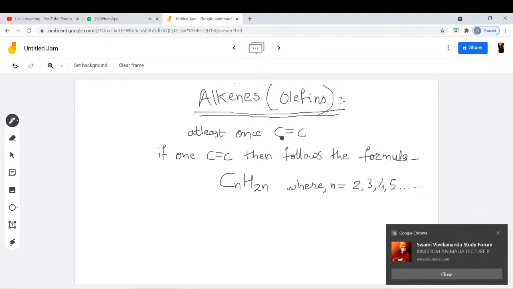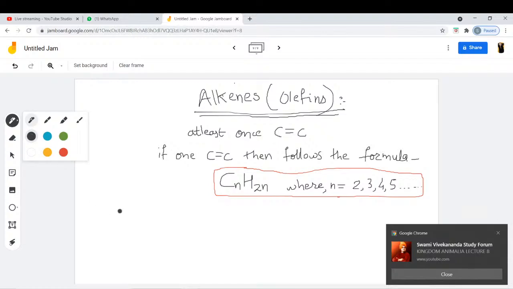Why? Because a carbon carbon double bond is required. If there is only one carbon, then how will it form a double bond with another carbon? That's why it starts from 2, 3, 4, not from 1. Remember this. Many times I told you this formula in the class, so I think each and every student already knows about alkenes. But if we talk about the priority to the particular group,